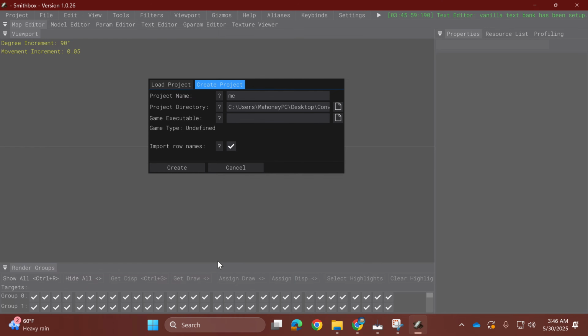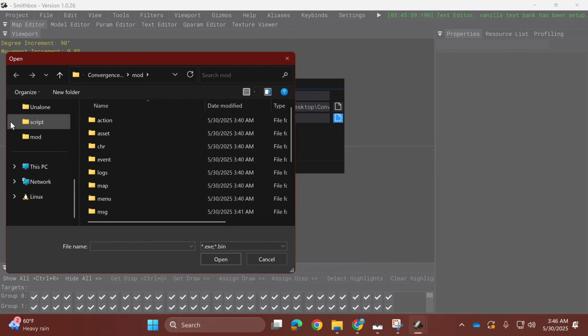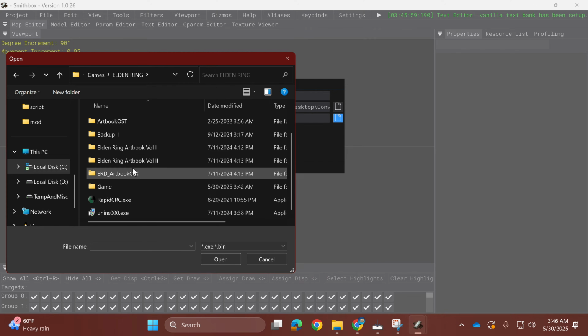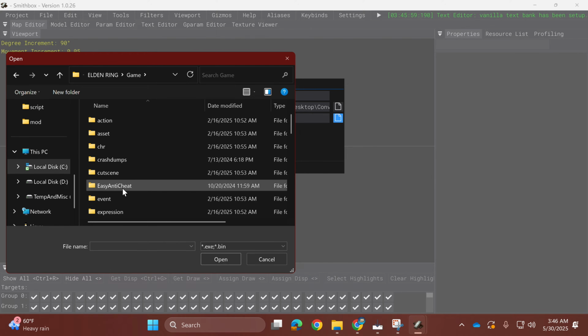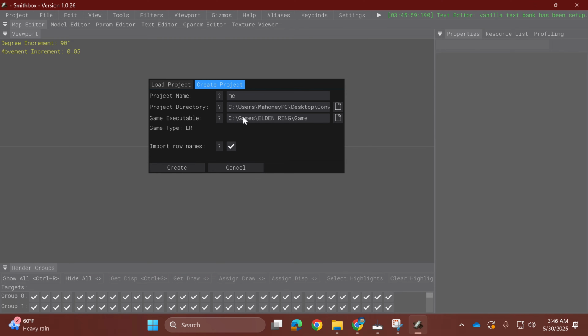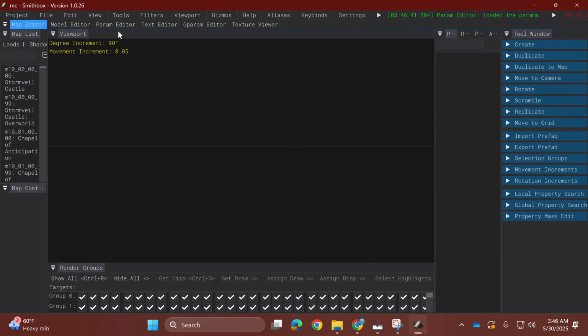As such, game executable, find wherever your Elden Ring game is. And then find the exe and click open. Import row names, make sure that's checked so you can get all the names. Click create. And there we go. We're going to go to param editor,